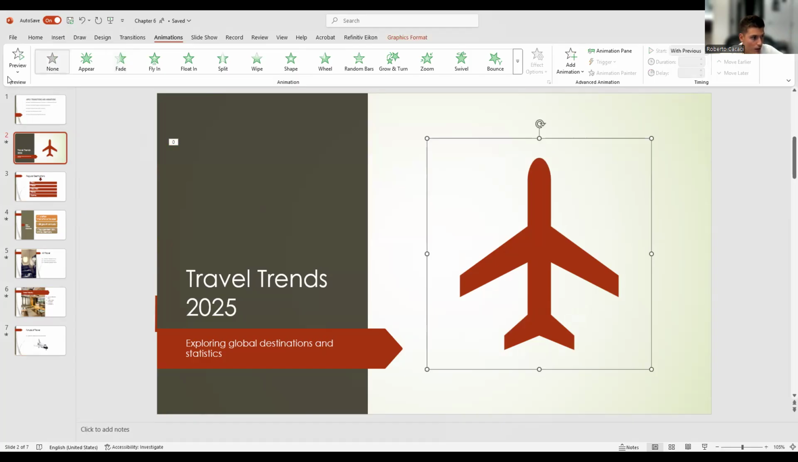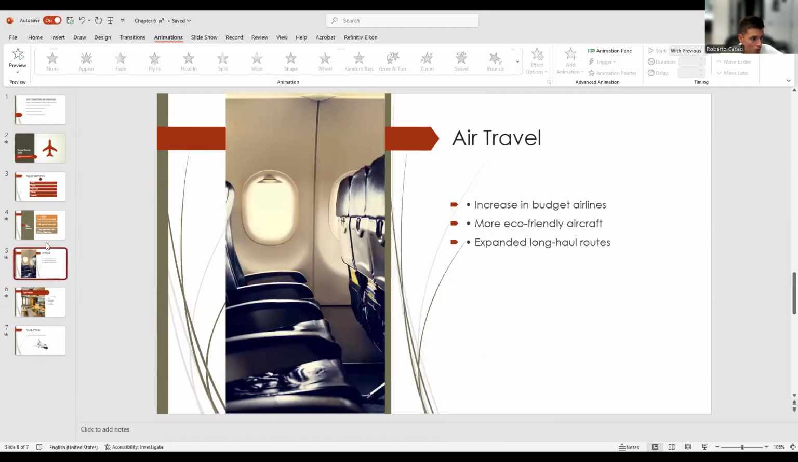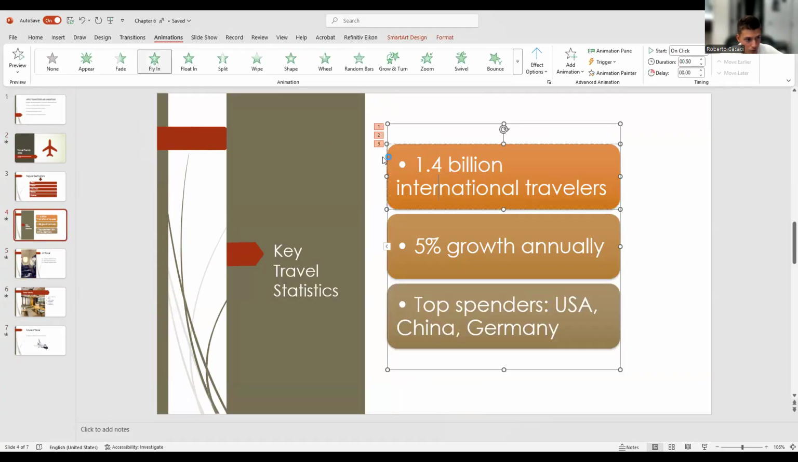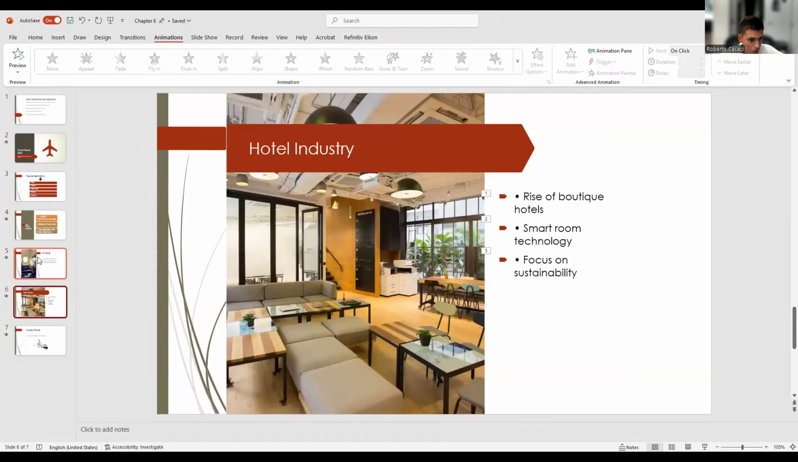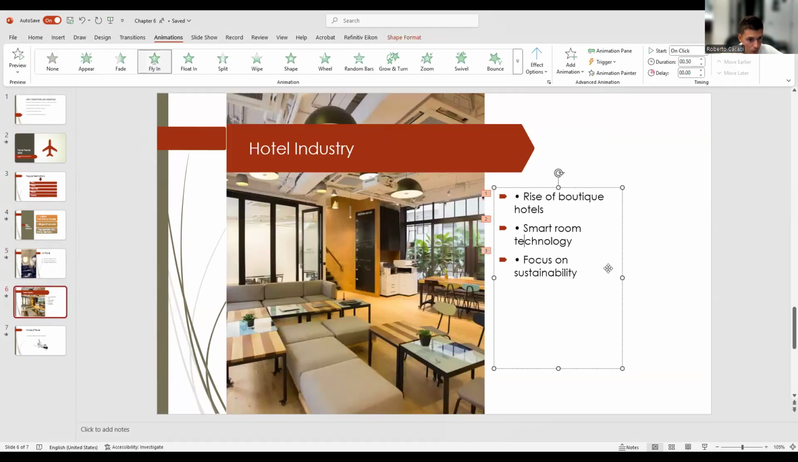Very good. And lastly, how to reorder animation using the animation pane. So, we talked about the bullet point before, and another example can be, for example, here, the auto industry. Just a heads up, if you want to check how your presentation is put together and if you want to review